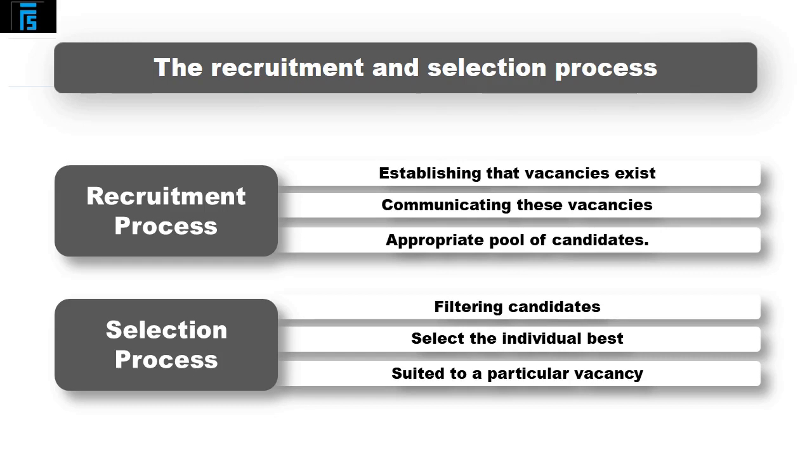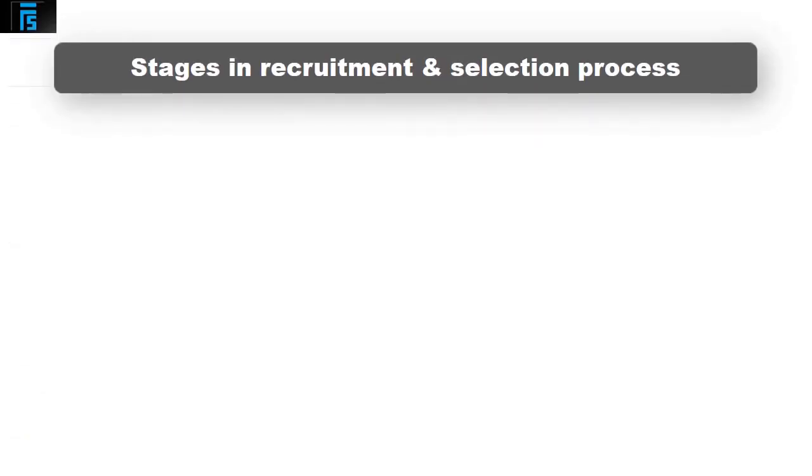Now, there are various stages that we go through in this particular process. The way the examiner might ask you about this is he might, for example, mix these processes up and ask you to put them back in the right order. So whenever we have a process, which means you start at one bit, you go through a number of stages and you end up at another bit, in the exam, look for the examiner simply mixing them up and saying, put them back in the right order. So you need to know what they are, you need to know what order they're going to go in.